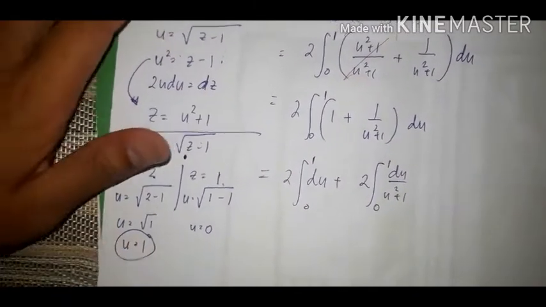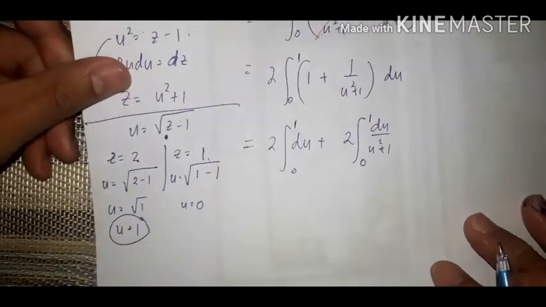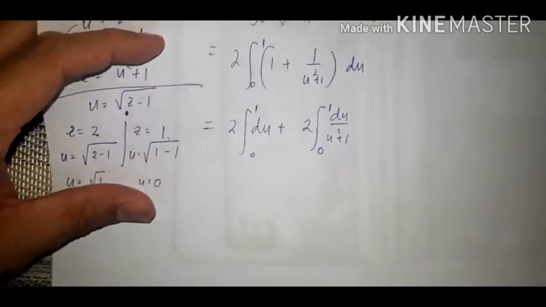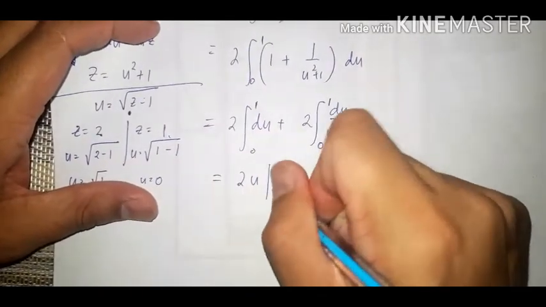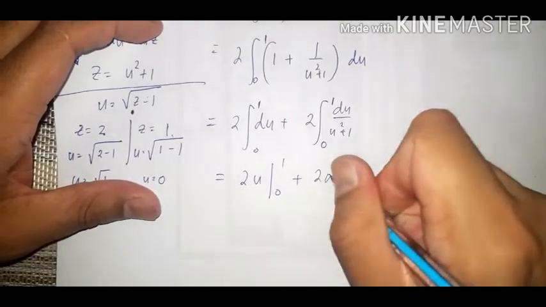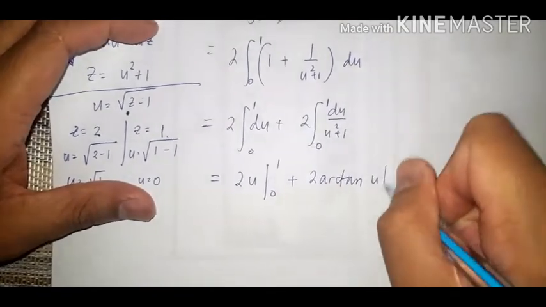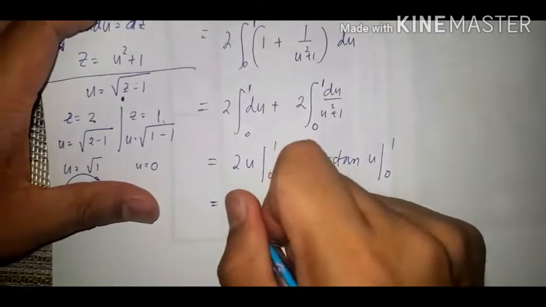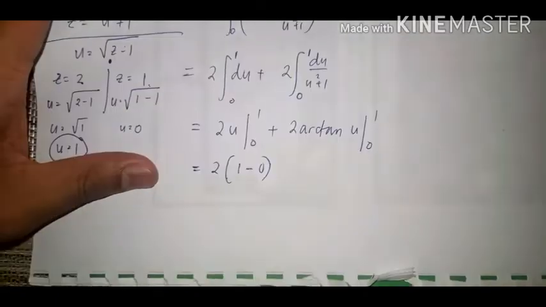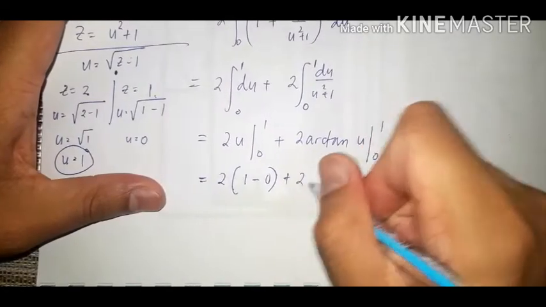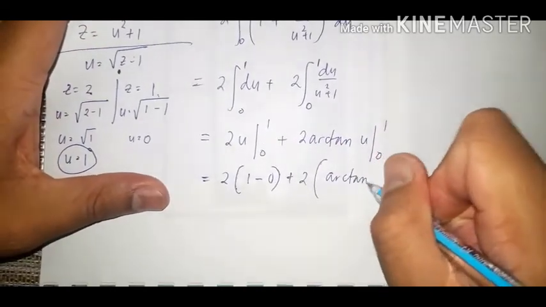So, parang hindi na natin siya ibabalik dun sa original form niya. So, yon ang advantage ng changing of limits. So, this is 2u from 0 to 1 plus 2 arctangent u from 0 to 1. So, this is 2 times the upper limit 1 minus lower limit 0, plus 2 times the quantity arctangent of 1